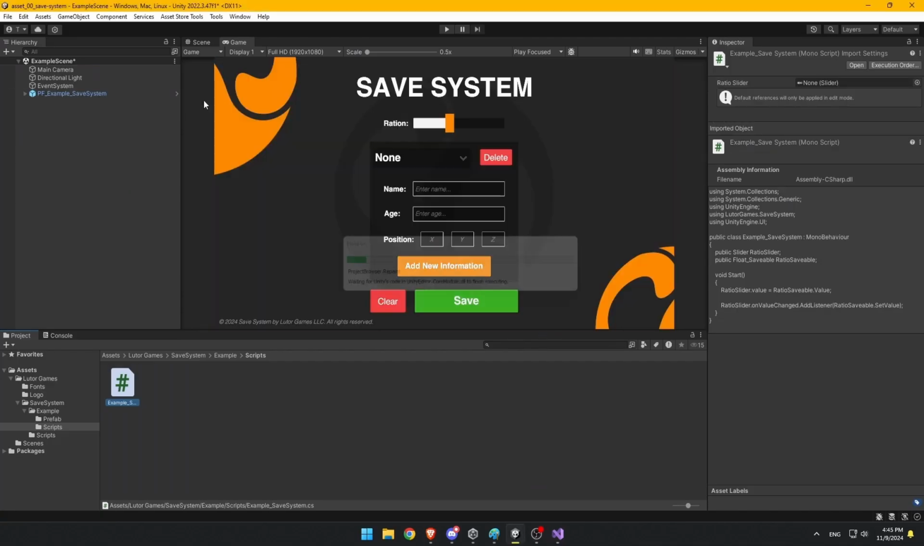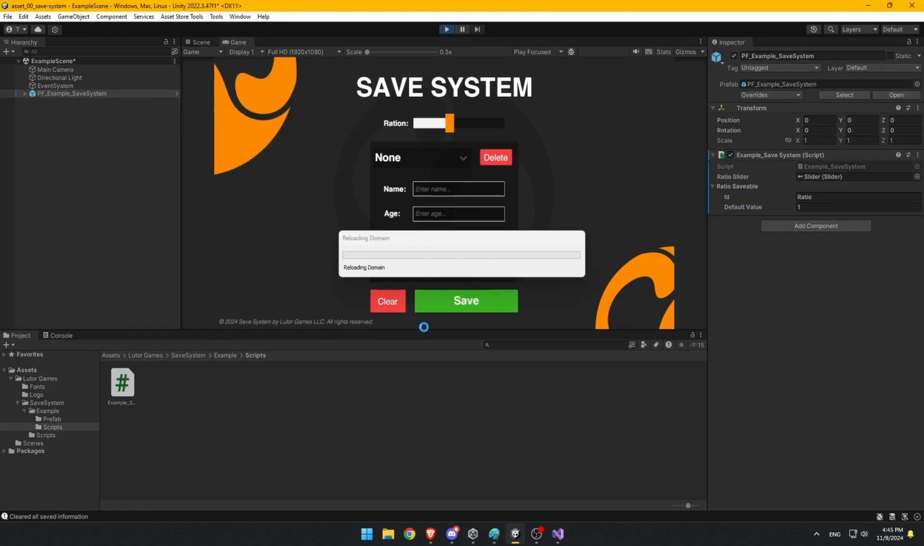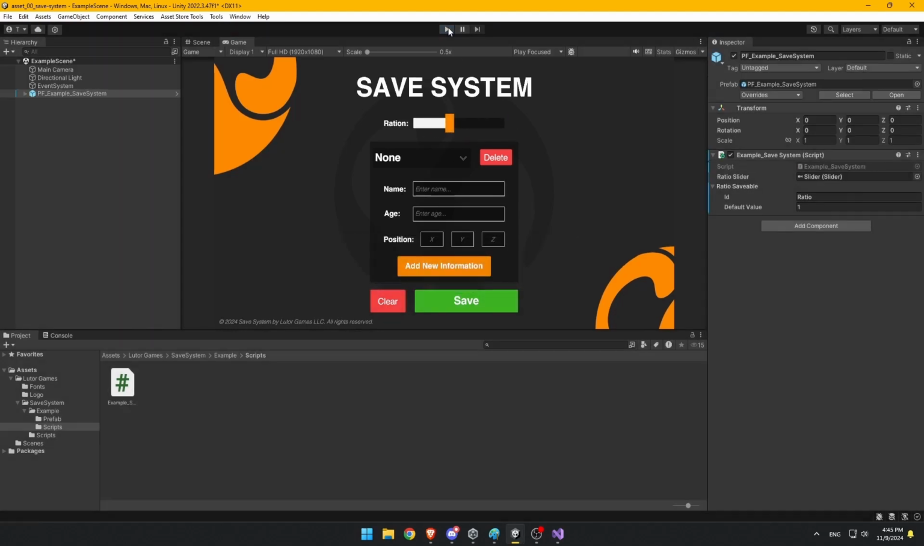Now, move to the Unity editor and assign the ratio slider to the script. Important: do not set the same ID for different saveables unless you want them to share the same data. For now, set the default value of ratio saveable to 1, which will be used if no saved data is found. Finally, let's test it. As you can see, the slider now correctly saves and loads its value, and the save system is working as